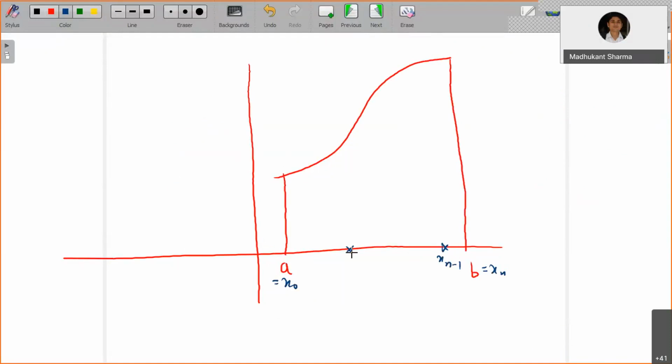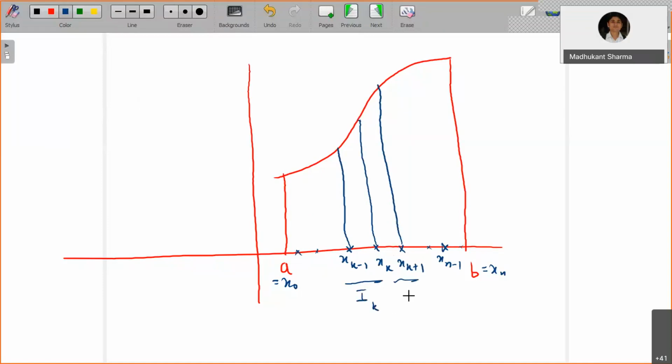Somewhere here is xk minus 1, xk, this is your xk plus 1. These are some points. Okay, right. Now draw the vertical line, parallel to the y-axis, at xk, xk minus 1 and xk plus 1. Okay, right. So we will try to identify the intervals. This is the interval Ik, and